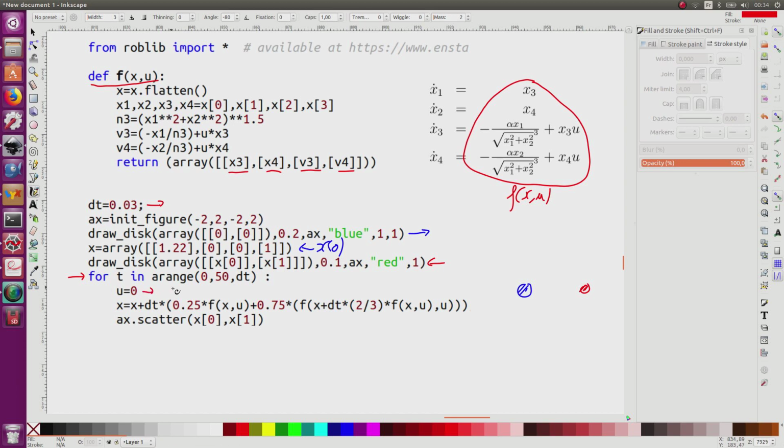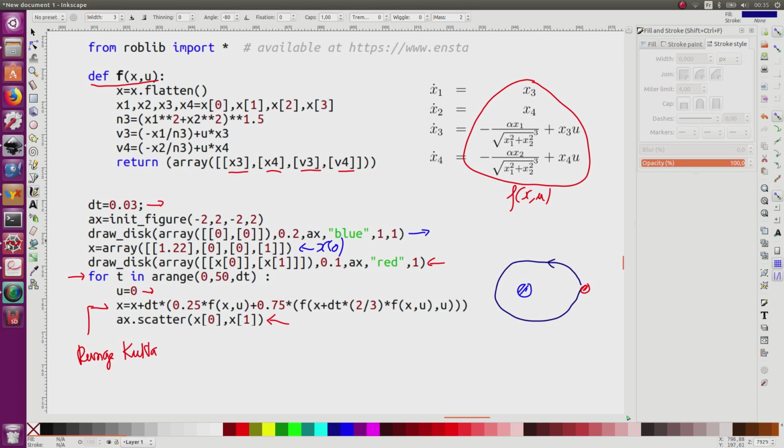And this is my main loop. So there is no control, u equals 0, and here I use a Runge-Kutta method for the integration. It is important to have an accurate integration method because it is a conservative system. If I use the Euler method, the method will tend to give energy to the satellite. And here I draw some points for the trajectory. So what I will obtain is something like this, where my satellite turns around the Earth.